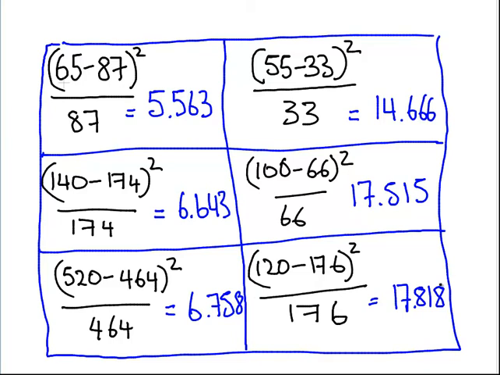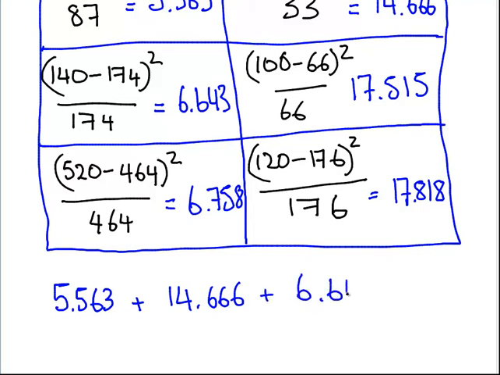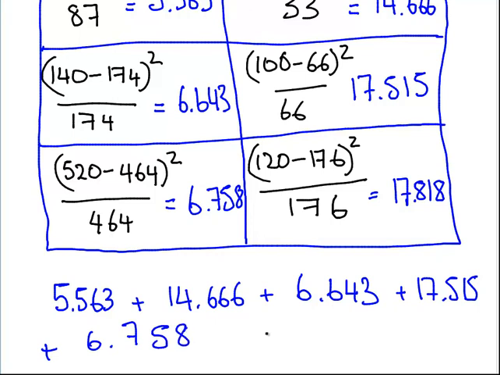I've managed to fly through it in 2 minutes, but it actually takes quite a while to do. Now, what we do is we add up all of these together. 5.563 plus 14.666 plus, next row, 6.643 plus 17.515 plus 6.758 plus